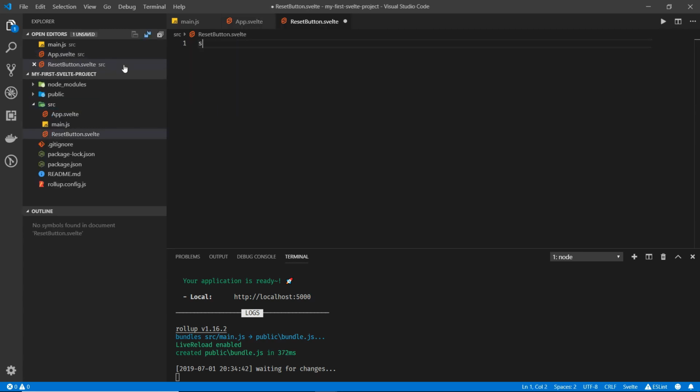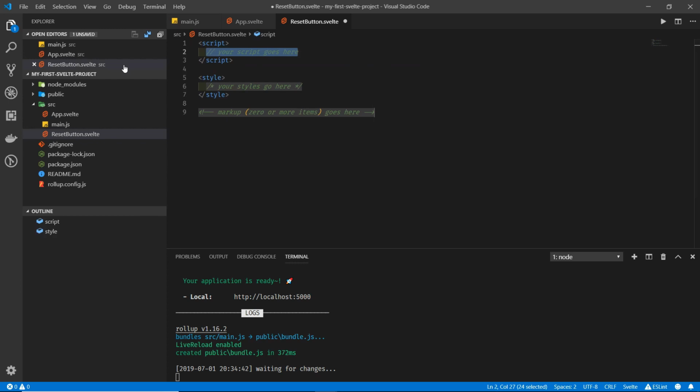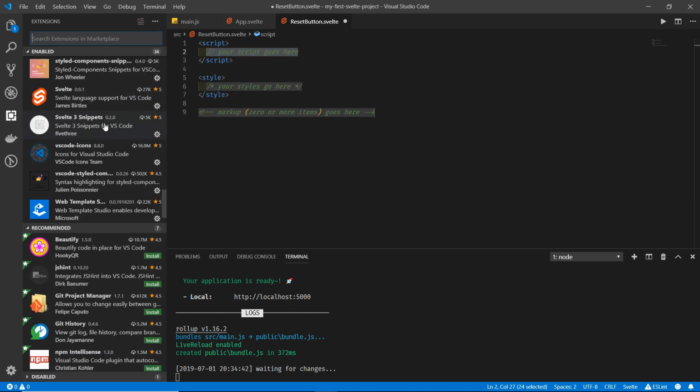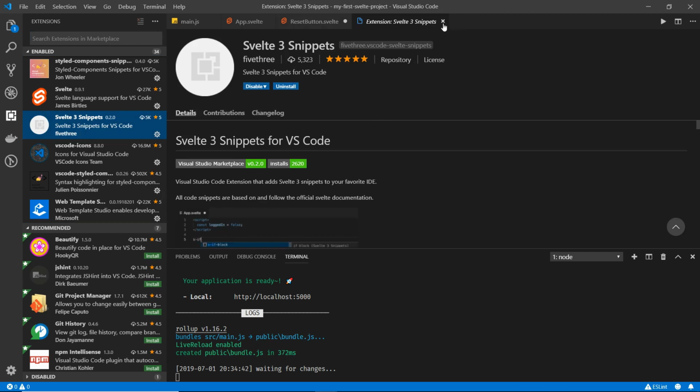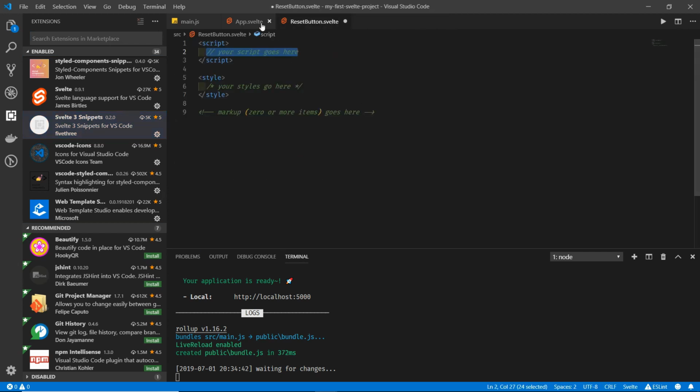And one thing you'll see me do here is I've got some snippets, which will help just sort of give you some boilerplate. And if you want to install those, just install this Svelte 3 Snippets by fivethree. And they're just kind of nice, helpful, so they give you some